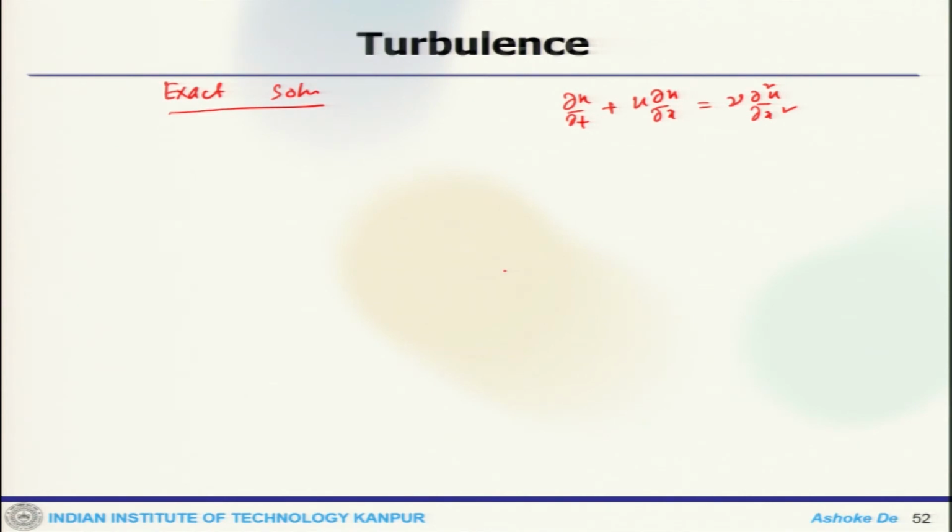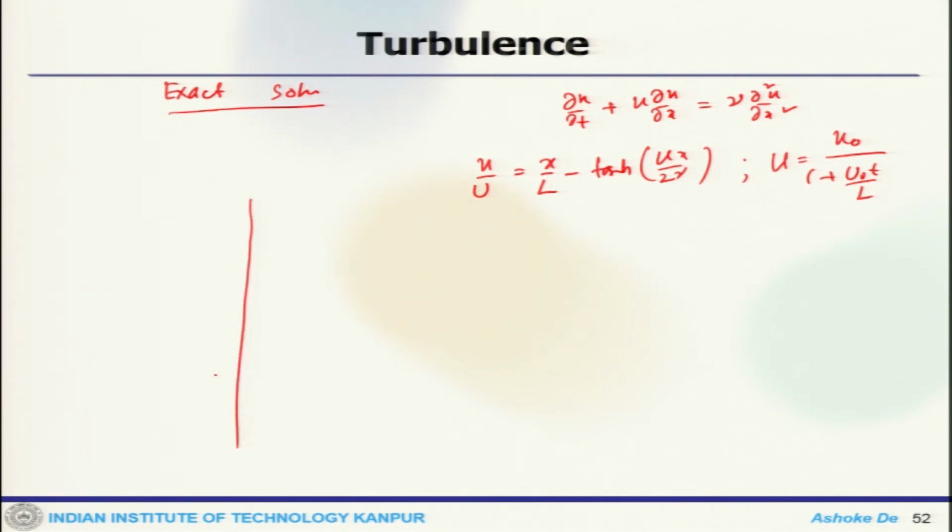So, the solution which satisfies the Burgers equation would be in the form of u by U equals to x by L minus tanh of u x by 2 nu, where my u is u naught by 1 plus t by L. So, then I can plot it, where this would be 0.5, this is 1, minus 0.5, minus 1,